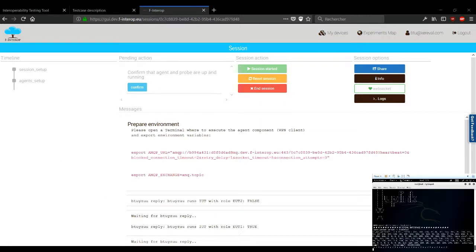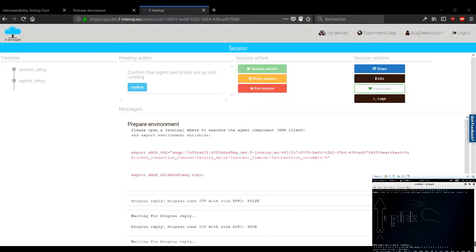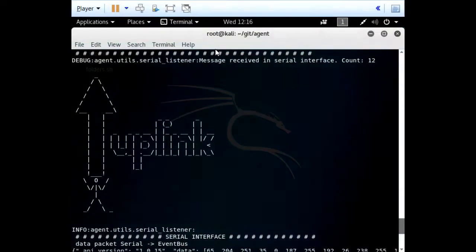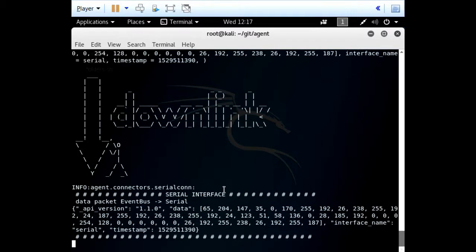So we wait for the user to be ready, and when the second user is ready, you can see now that the user seems to be ready. We will check that you have uplink and downlink. Downlink means that the second user answered back to your ping.